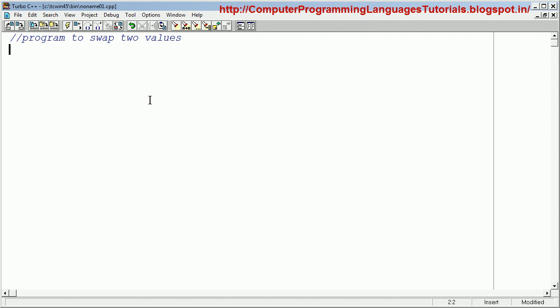After swapping, you will get the values of x and y interchanged. That is, x will be 200 and y will be 100. How to get it? What is the logic? Let us say